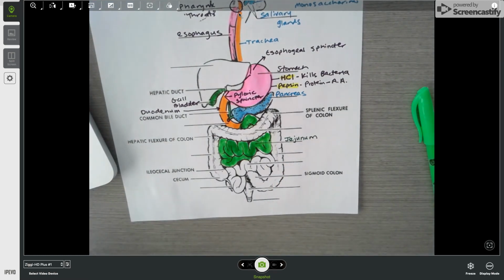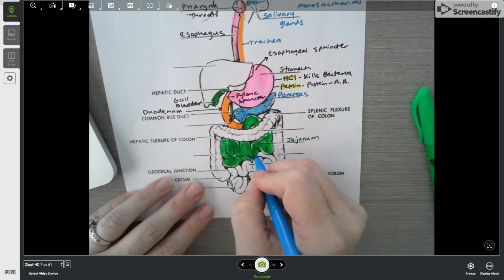And then the last part of the small intestine is a region called the ileum. The ileum is the final part